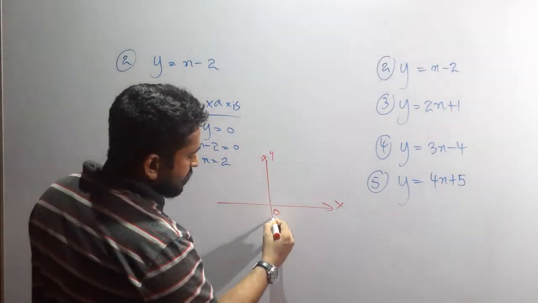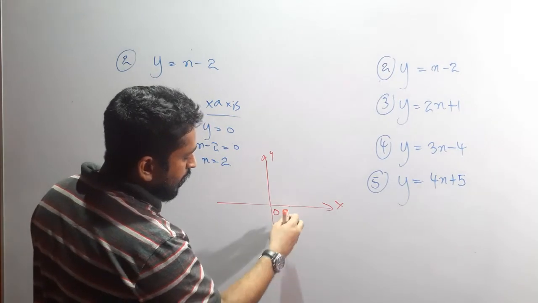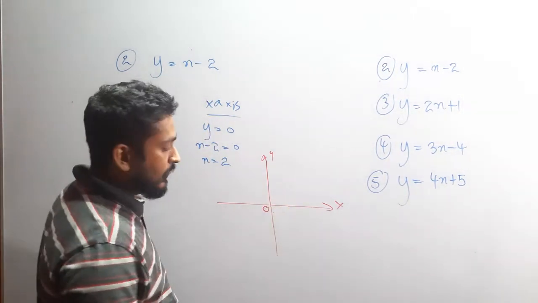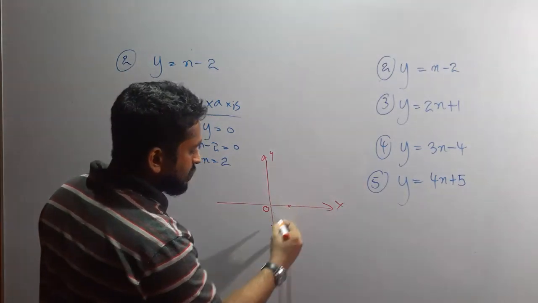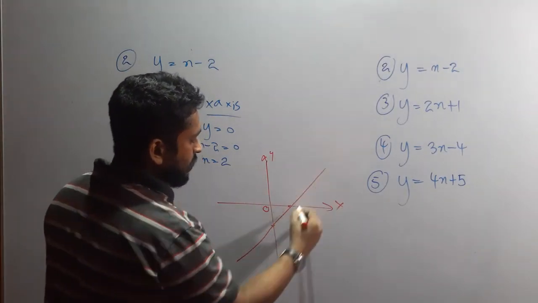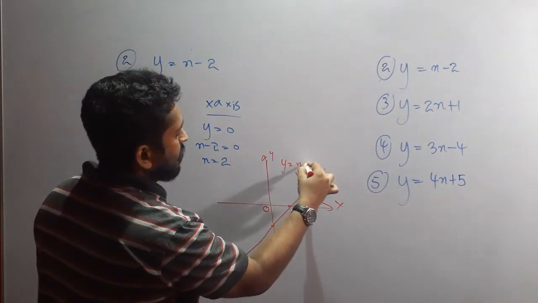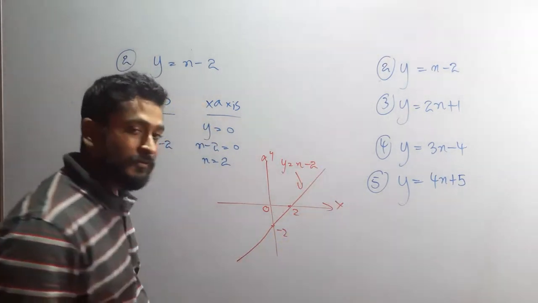Do not cut the values while you are sketching the graph. So this is minus 2, this is plus 2. Make those connected. Plus 2, minus 2. Name the graph y equals x minus 2. That's it for the second